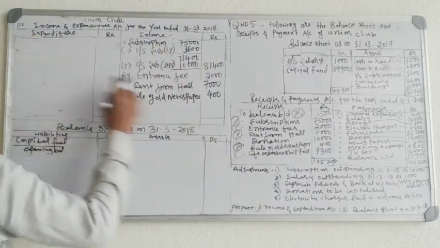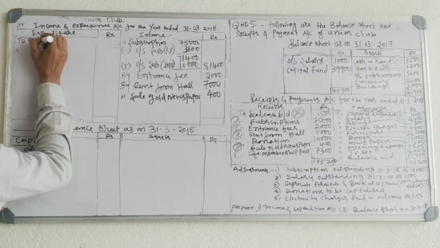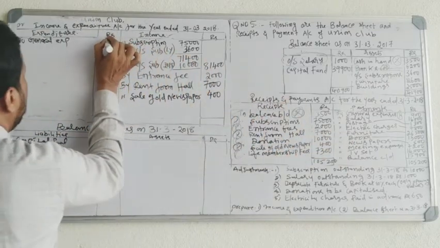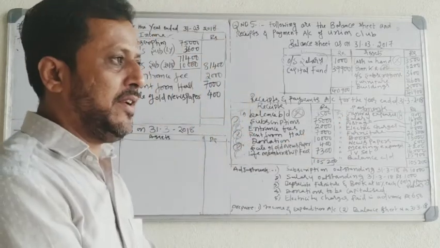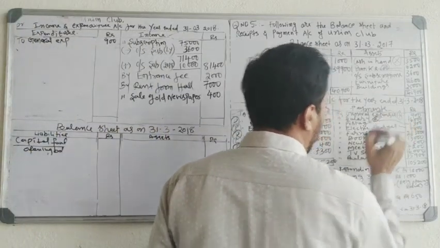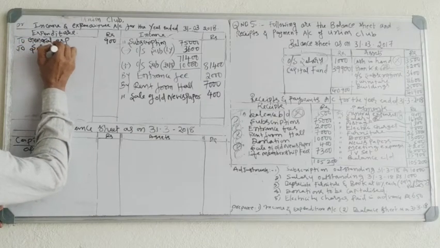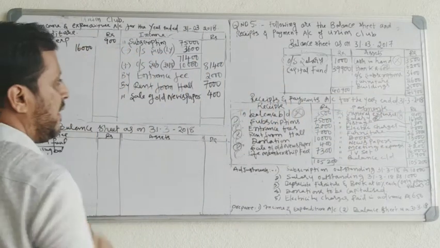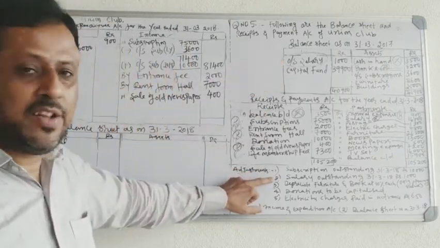So I'll write on the table. This payments means expenditure, to general expenses. How much? 900. Next, salary. Salary is paid every month, so it is a revenue expenditure. To salary, how much given? 16,000. See, there is an adjustment for salary. Outstanding salary is given in the balance sheet. Outstanding salary is given in the adjustments.